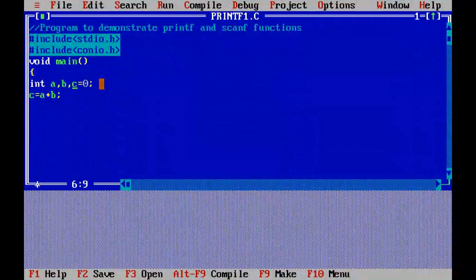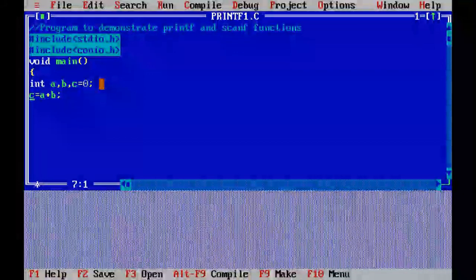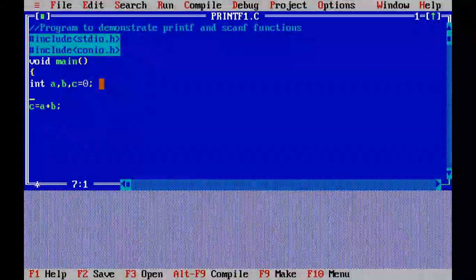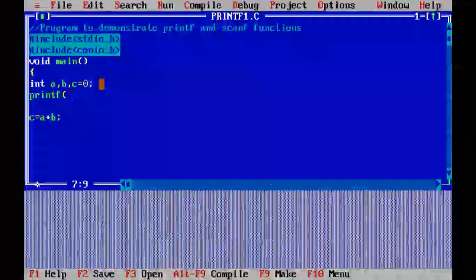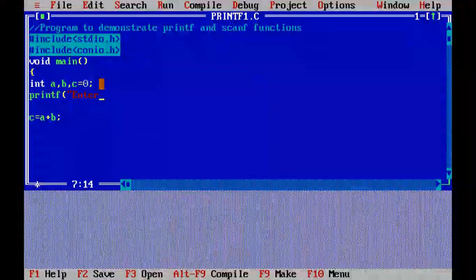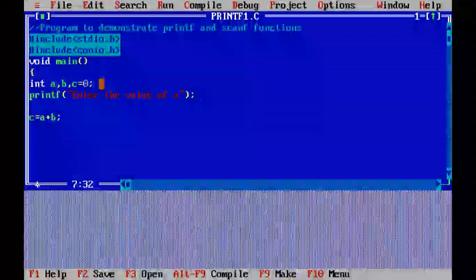Now here there are three variables, and I have removed the values. Here I will write a message with printf, just to display the message: enter the value of a. This message is just to enhance the understandability of the program.